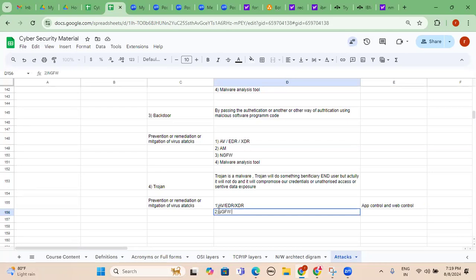Along with this, we also have app control, web control, domain control, and file filter as well. In the morning I have shown this already. The file filtering option we have seen: which files we have to allow and which files we have to block based on our business requirement. And I have also shown the antivirus profile.